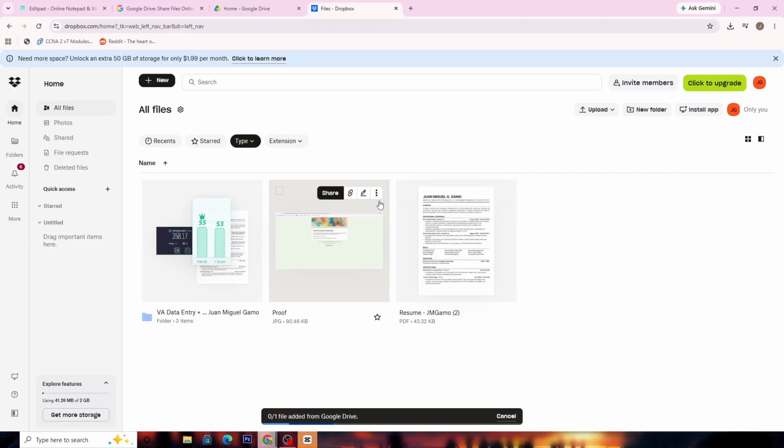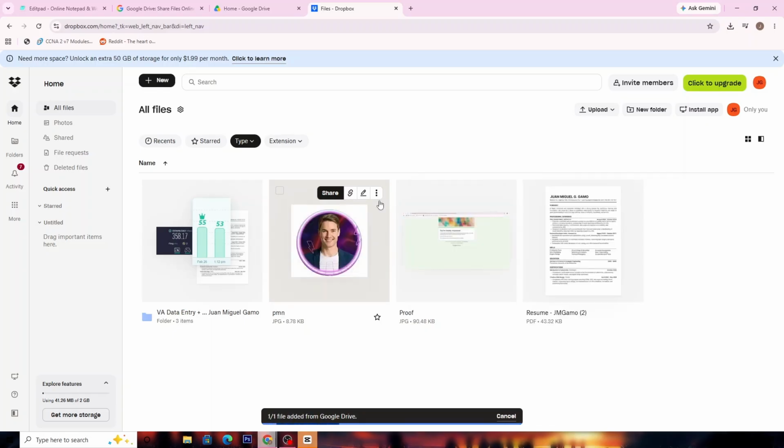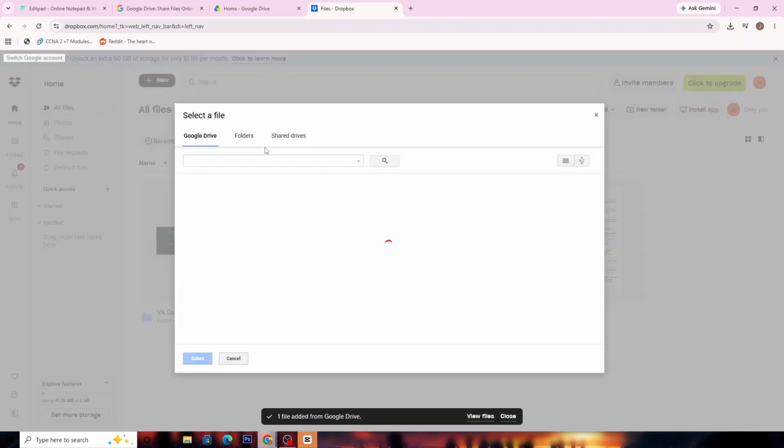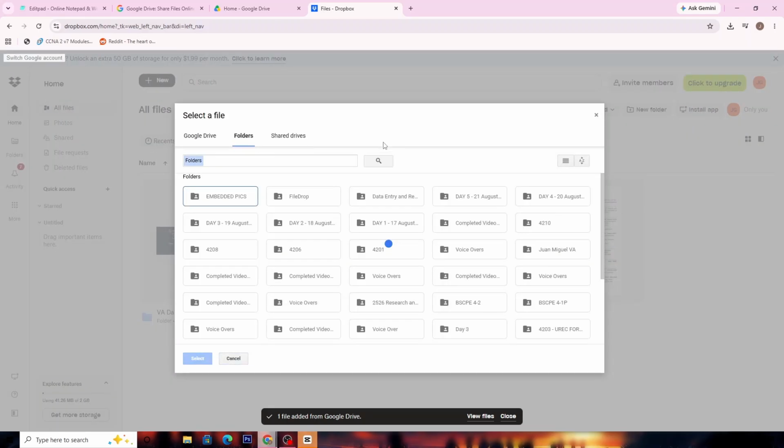Congratulations! You've successfully imported files from Google Drive to Dropbox. This method is an excellent way to keep your important documents consolidated and easily accessible across multiple platforms. Whether you're organizing your work documents for a project or just tidying up your digital life, this feature simplifies managing your files. Hopefully, this tutorial on PMN Online helped you understand how to import files from Google Drive to Dropbox